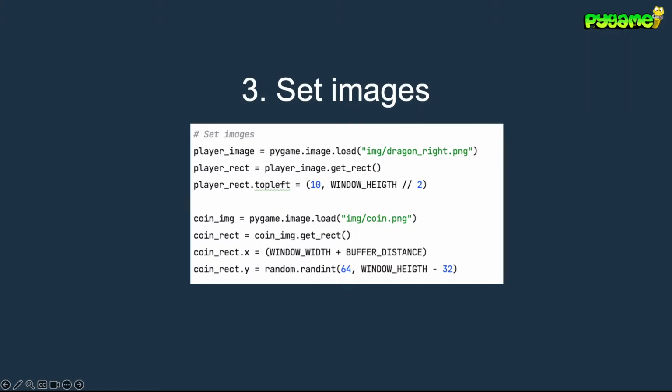Please import the random library, the random package. First of all, let's get rid of this guy. Second thing is, we should be setting the